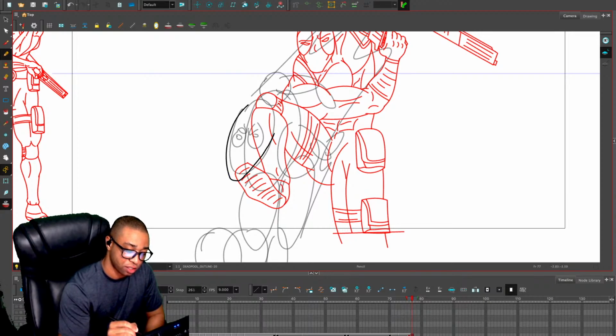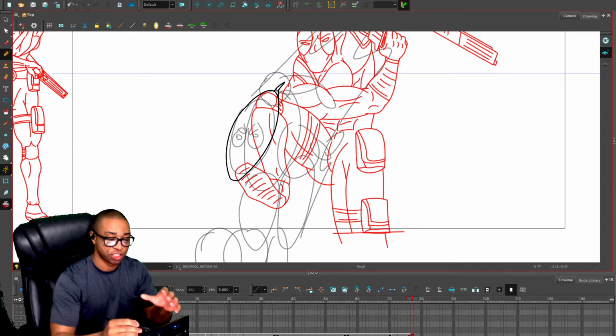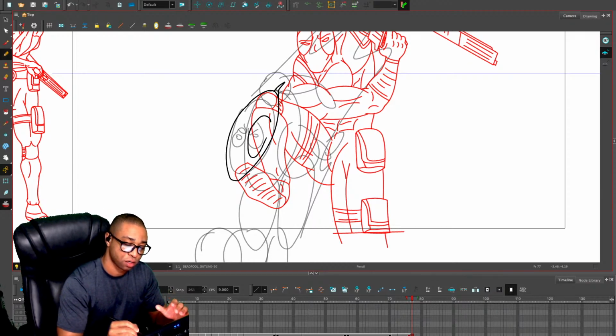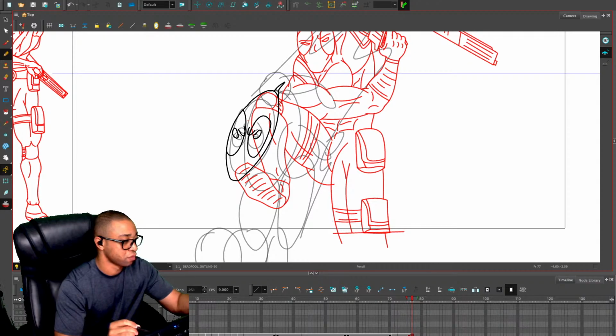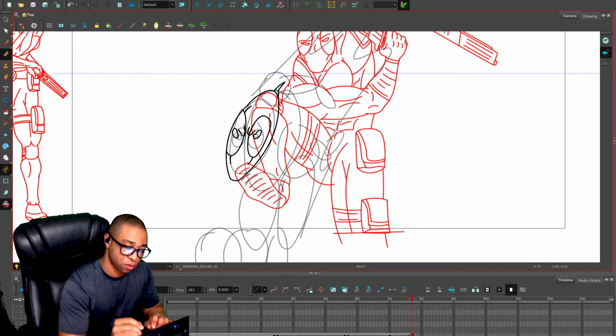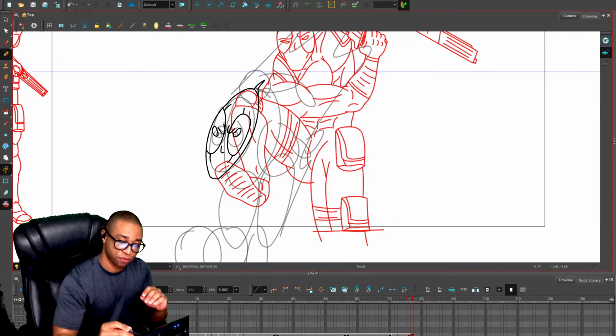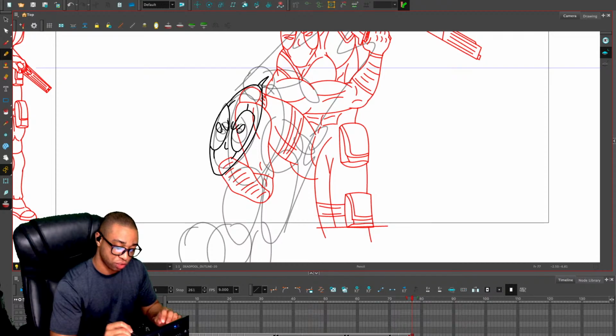So I'm probably going to do something kind of like this. I'm going to make his head kind of elongated. I'm going to do the elongation of his head so that it shows like movement. Kind of check it out. Save. And what did I start with? I started with this shoulder.